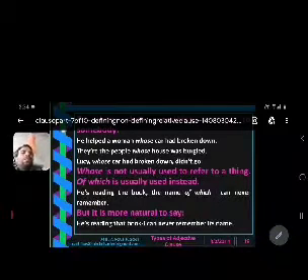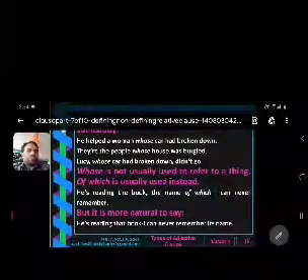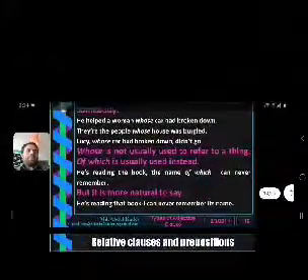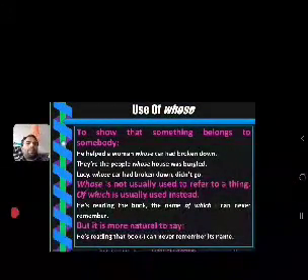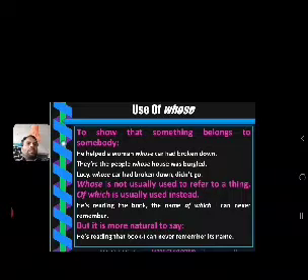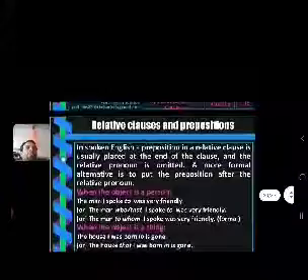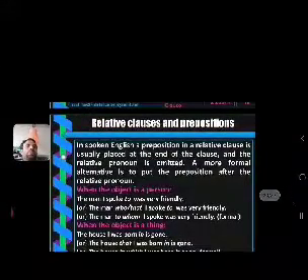Here, when you want to refer to a thing, you can say which. But it is more natural to say, he is reading that book, I can never remember its name. Simply, instead of using which, we can say, he is reading that book, I can never remember its name. Like that. So, relative clauses and relative prepositions.